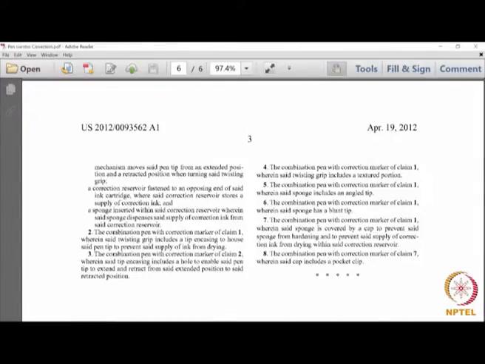Claim 2 cross refers to claim 1, claim 3 cross refers to claim 2, and when you read claim 2, it cross refers you back to claim 1. So you cannot read any of the claims 2 to 8 without reading claim 1. So 2 to 8 are dependent claims because there is a cross reference to an earlier claim. Claim 1 is an independent claim.